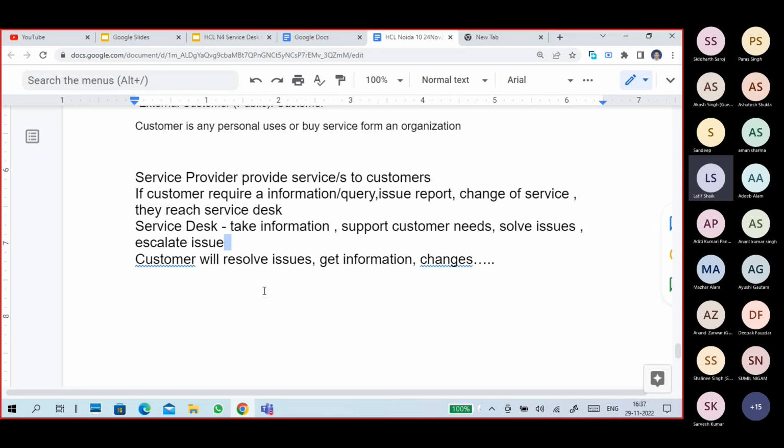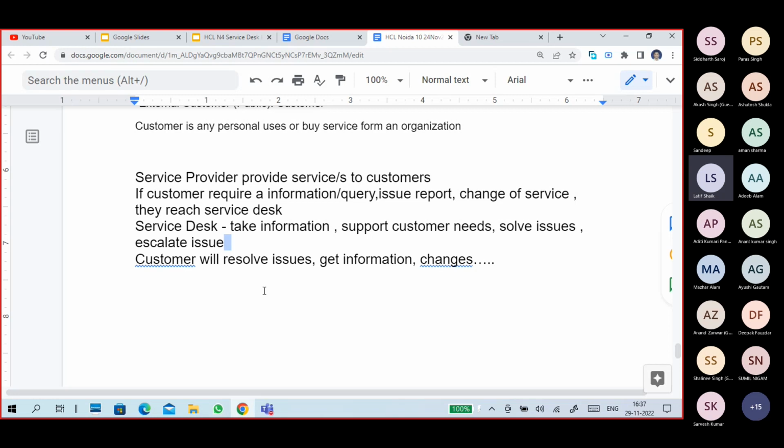Next, what will service desk people do? Service desk people will take the information from the client or customer, and support the customer requirements. What is the customer asking? Support the customer requirements, solve his issues, escalate those issues.